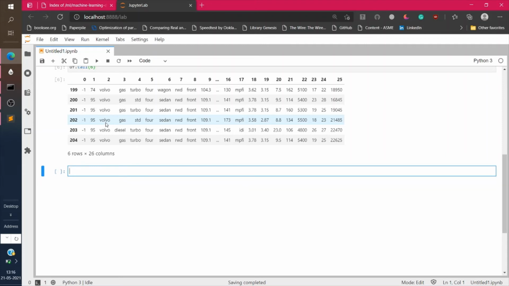In pandas, we can name columns, and for our situation, it turned out that the column names were stored in a separate online file.